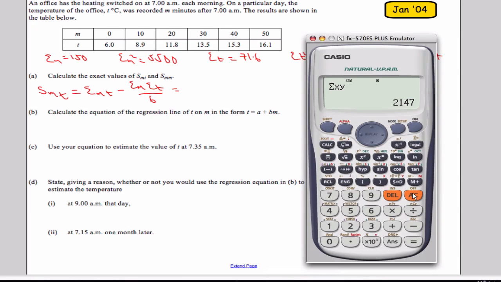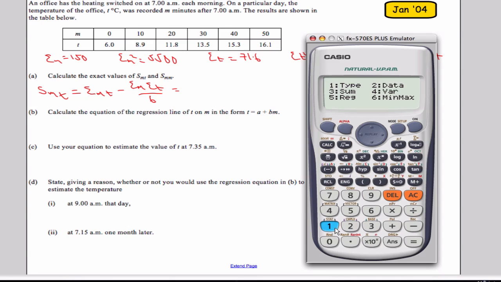Now we can use a calculator to do this. Shift, stat, sum. So I'm doing the sum of MT, which is the same as the sum of XY in this case, minus